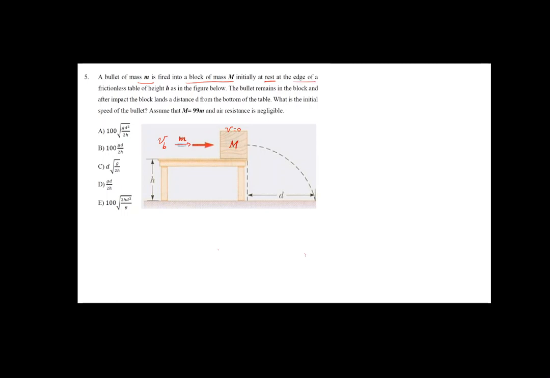At the edge of a frictionless table. So the table has no friction. At a height h. At a height h. He gave it to you here, okay? The bullet